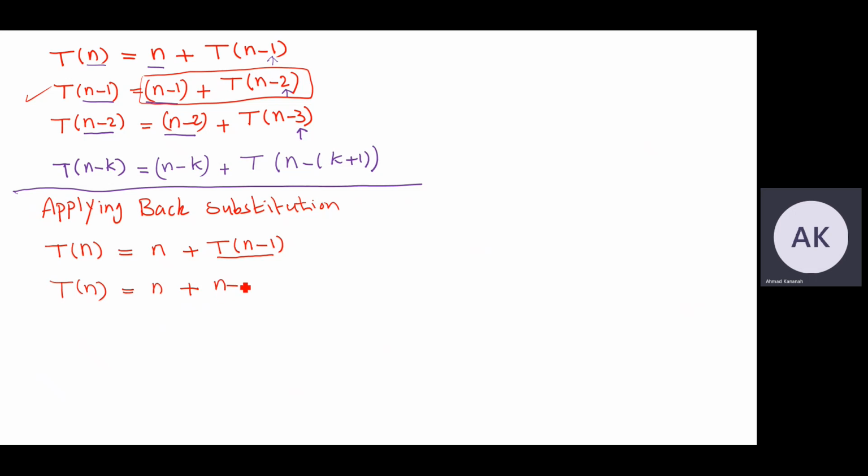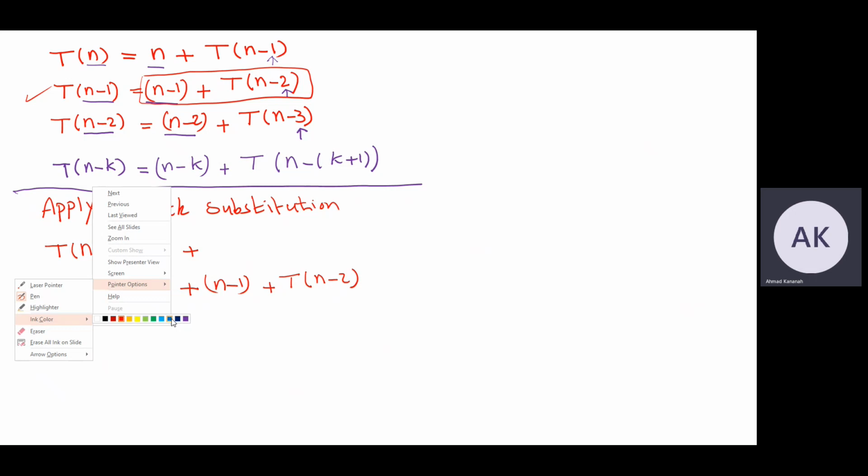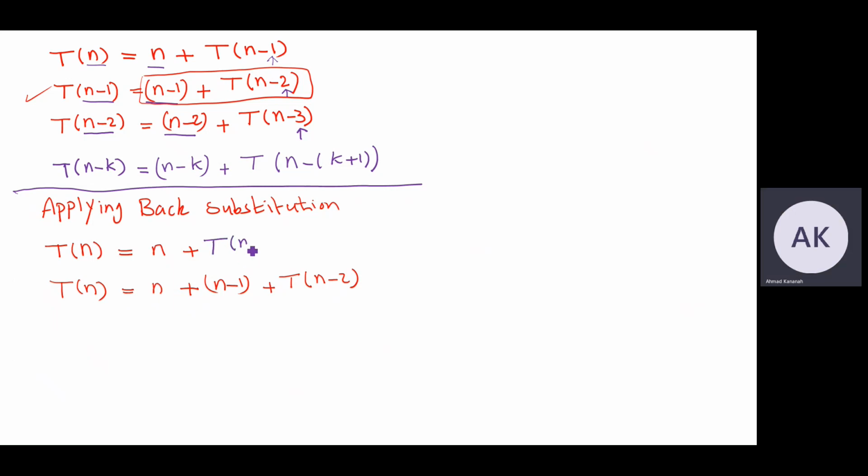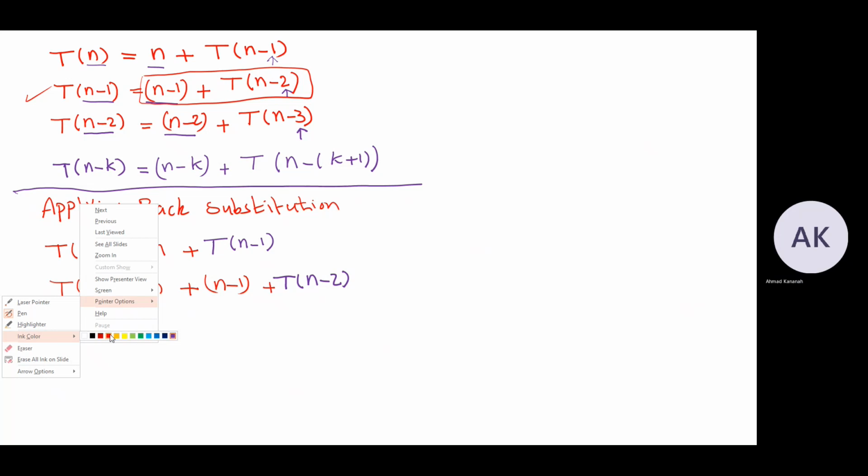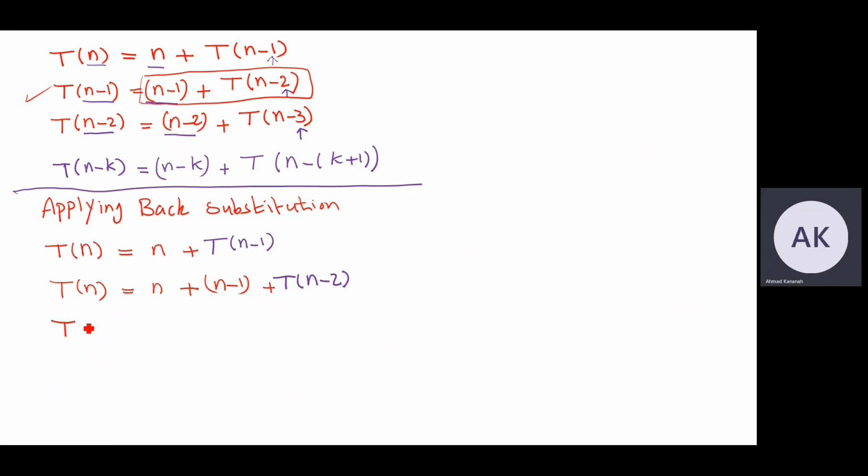This is equal to n minus 1 plus the time required for n minus 2. Okay, so we substitute by this one. Let me change the color. Plus T of n minus 1, which equals n minus 1 plus the time required when the input size equals n minus 2. Now continue. Now T of n equals n plus n minus 1 plus, now substitute by this one, T of n minus 2 equals n minus 2 plus